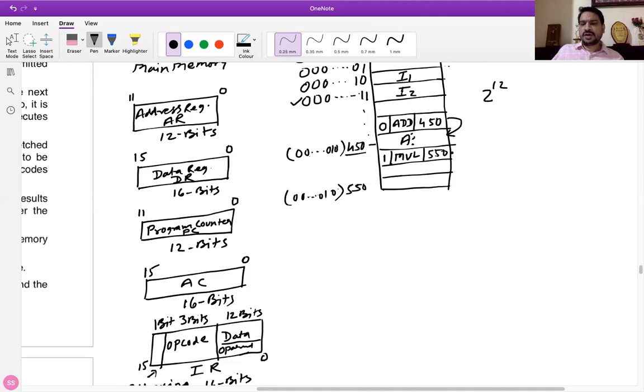Now, when it goes from here to here to get the data, it knows that here also it will not get the data. Here it will get the address of it. So it will go to the address of it. Let's say the address is 120, and here it will find out, let's say, the 120 location. So now from here, the control will go to that particular place, and here it will get some sort of data. So this is how your